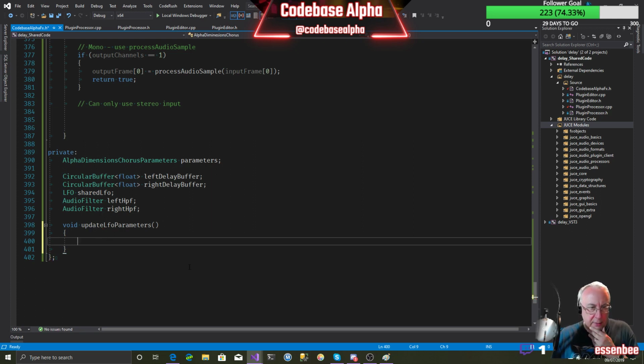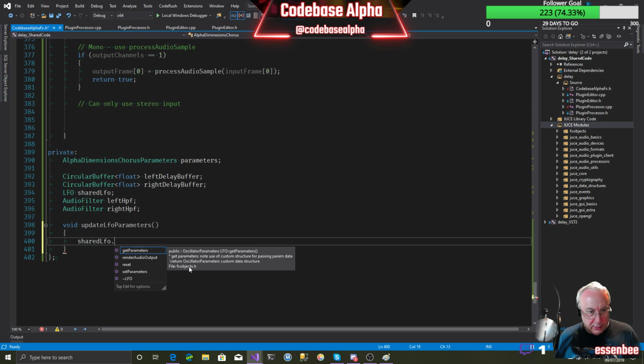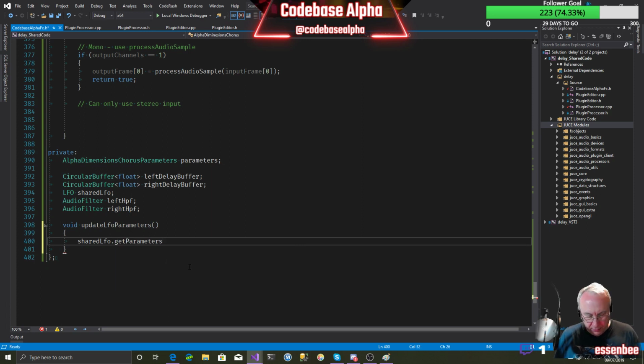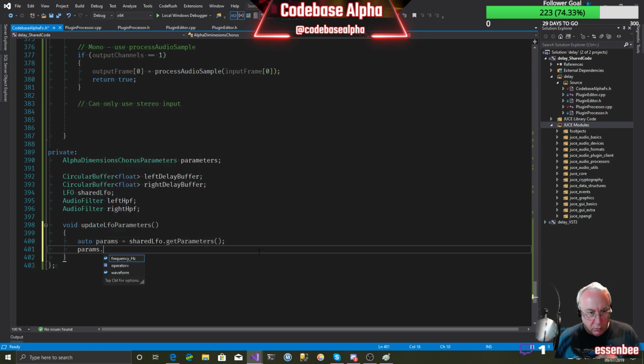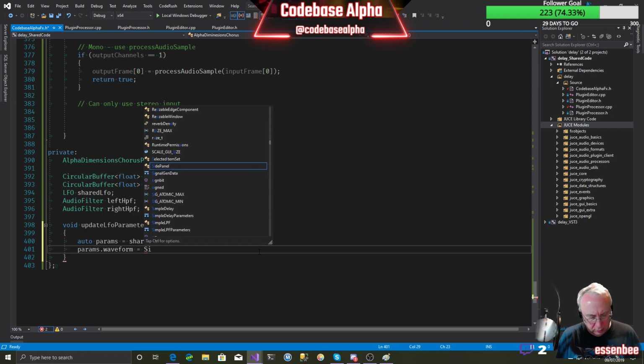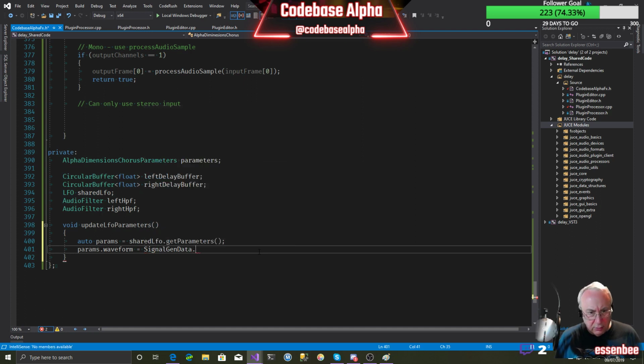In there, we're going to say shared LFO dot get parameters. So we're going to say auto params equals that. So we get the parameters from the LFO, and then we've got those available to us. So params dot what we got, frequency in hertz and waveform. So the waveform is going to be triangle. So this is signal gen data dot,